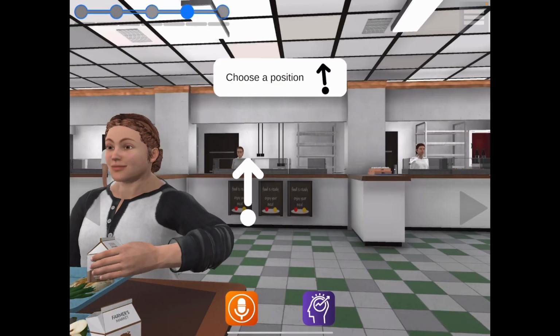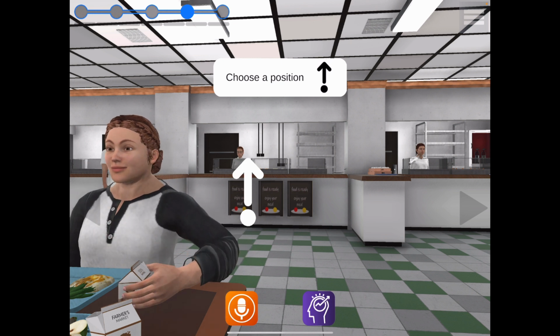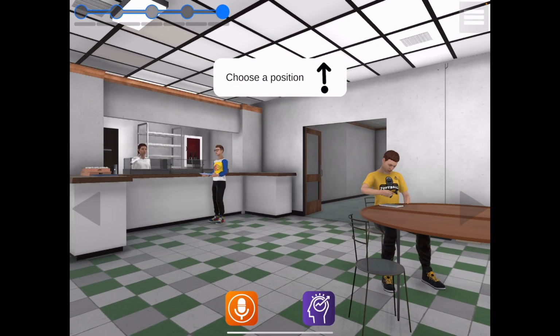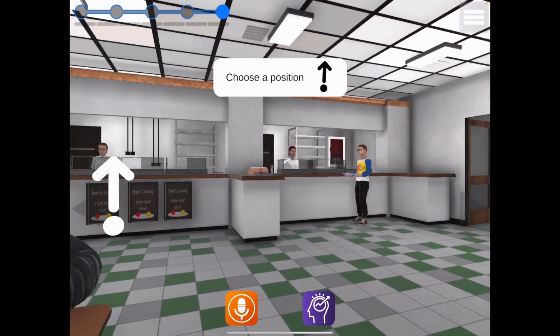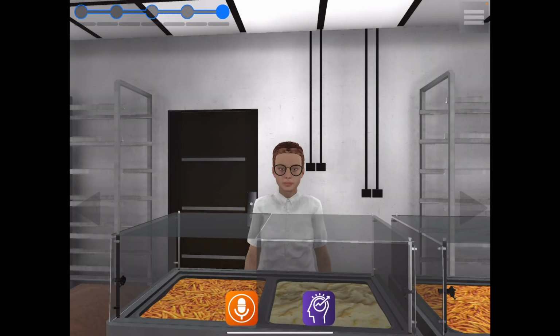Now this happens in some of the scenarios. It'll say choose a position. And in this, you'll just click on the arrow again, similar to the start area, but not flashing. This will move your avatar to another part of the area. Before we move on, if you notice on the sides now, you have opaque arrows. If you click on them, it will move in a 360-degree fashion all the way around. This is available on almost all scenarios. So now I'm going to click the move button.